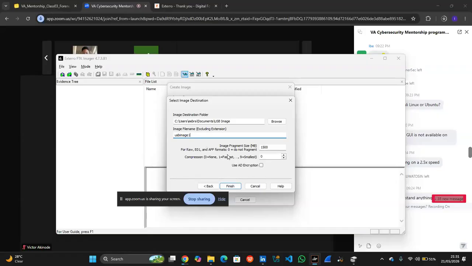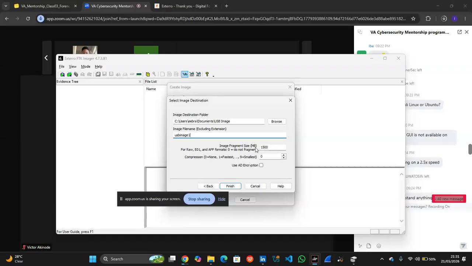So let's quickly talk about this. Image fragment size in MB. Each file should not be more than 1500 MB, which is 1.5 gig. Let's say, for example, you are dealing with a 1 terabyte hard disk.